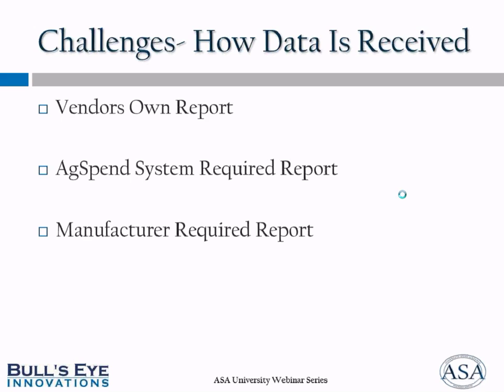And the difference here is that when you're creating your company requirements, you're considering what your ag spend system needs, and typically the layout is exactly as the ag spend system needs, but what you're doing is adding more requirements and clearer specifications around the required report. So you may say, okay, this is our layout, but instead the ag spend system may only require 25 fields as absolute requirements, but in your company requirements, you may require 30 fields and have 5 other fields that are